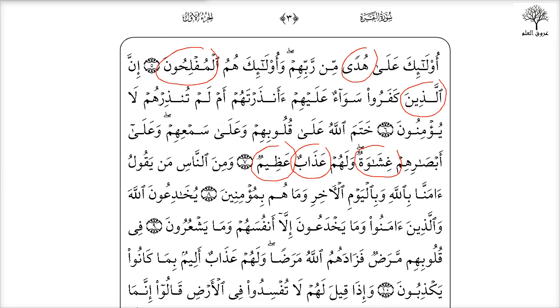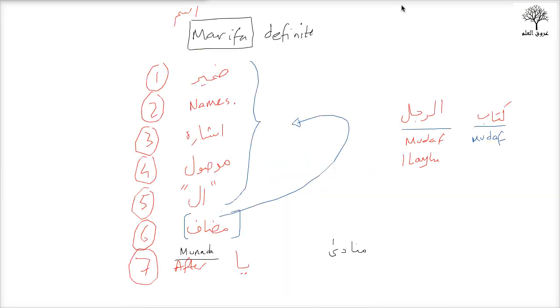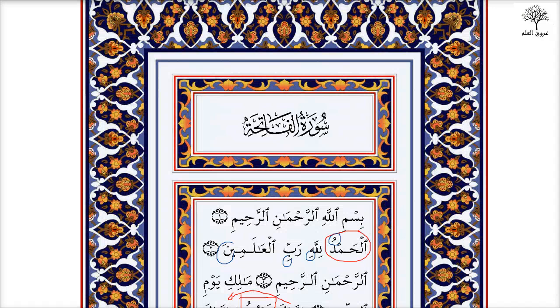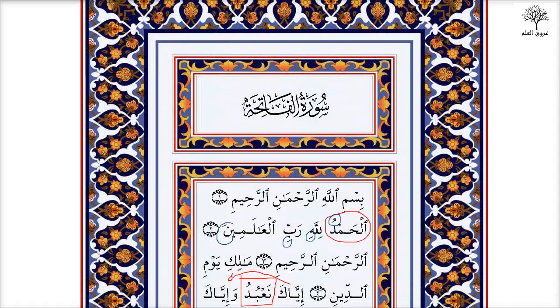Yeah, so look at each one of these things, guys. Think about it. That's damirs, names, isharas, mawsuls, al, any word that's mudaf where the mudaf ilayhi is one of these 5, and any word that comes after ya. Right, so let's say, for example, look in the Quran now. If we were to look in the Quran and I said to you, okay, the word Allah,